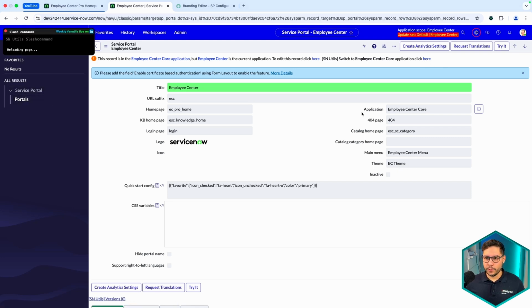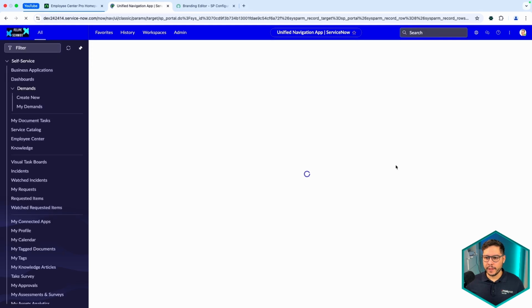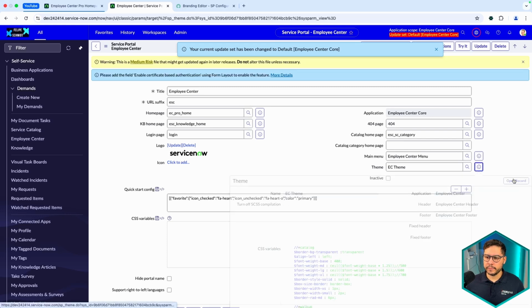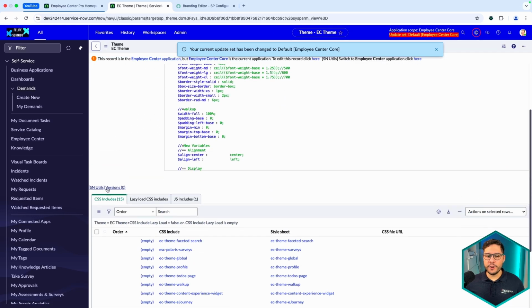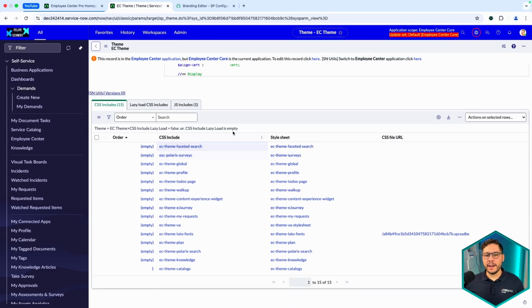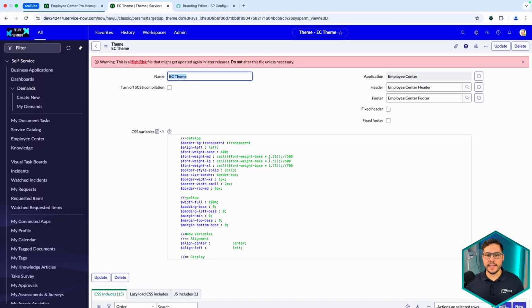Basically here I need to change the core, and then I go to the theme, Employee Center theme. And then here you have the CSS includes. These are going to be our friends so that we are able to create and to modify everything necessary.